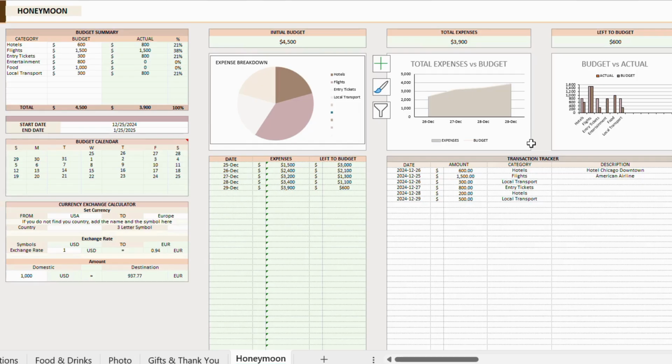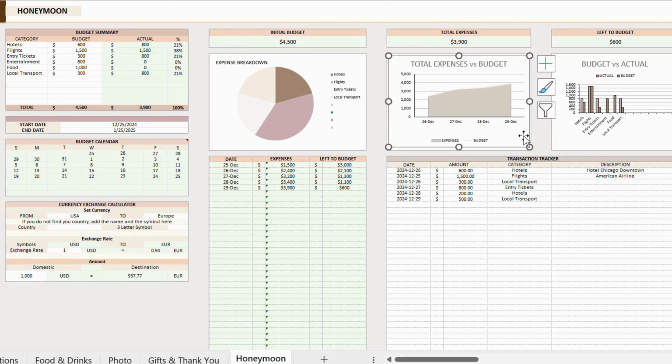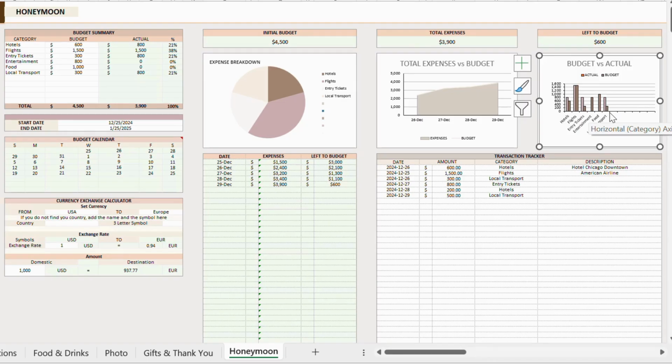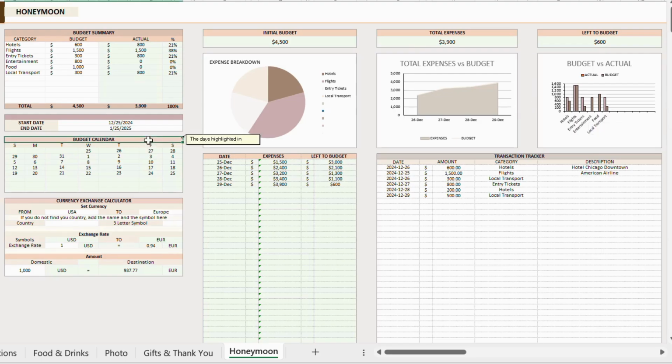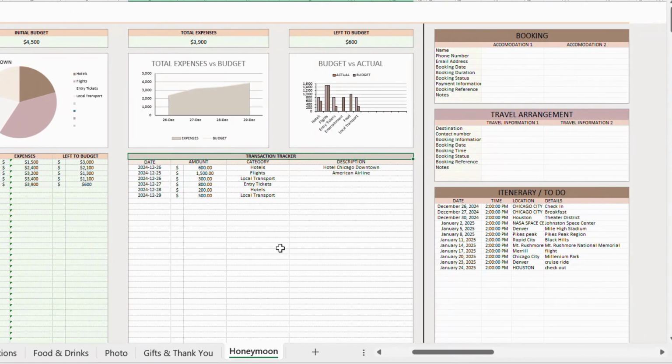The expense breakdown pie chart gives you a quick view of where your money is going, while the total expenses versus budget line graph shows your spending trends over time. Plus, the budget versus actual bar chart makes it easy to compare planned versus actual costs across all categories. Below that, the budget calendar lets you see your expenses by date, so you know exactly how your budget is being used over time. To the right, the transaction tracker logs every payment with its date, amount, category, and description,